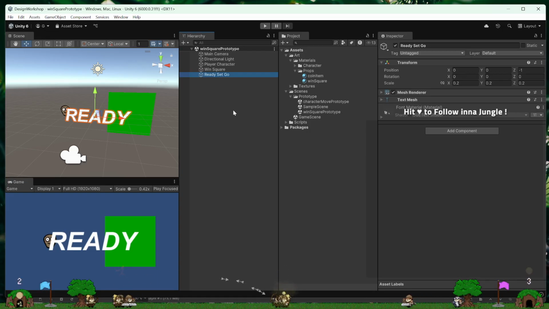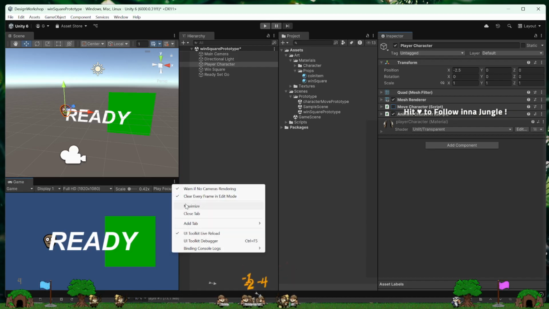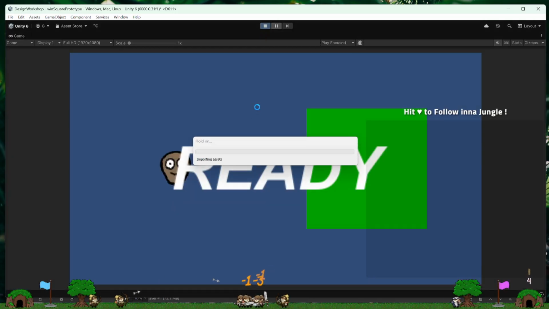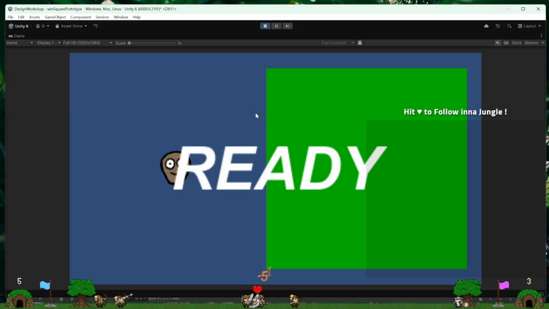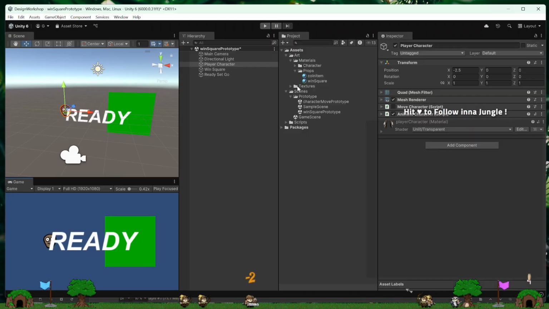And it will definitely help to clue the player in that they cannot move yet. In fact, speaking of turning on and off these components, could I prevent movement by doing this? Let's find out. We're just playing around, but I'm wondering, if I hit play right now, remember I could move before? I cannot move now. Cool. That's good, because we're going to suspend the player from moving for a little while.